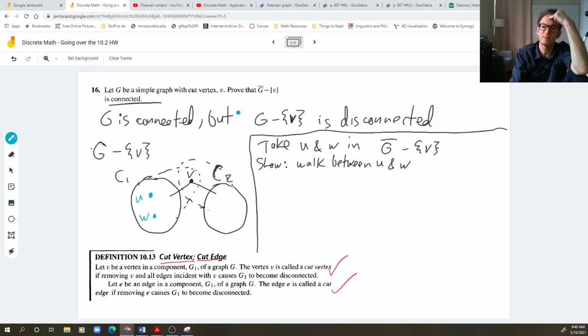And if they're in the same component of G, then there is a walk. Yeah, the way to do this is to apply some kind of theorem that says that